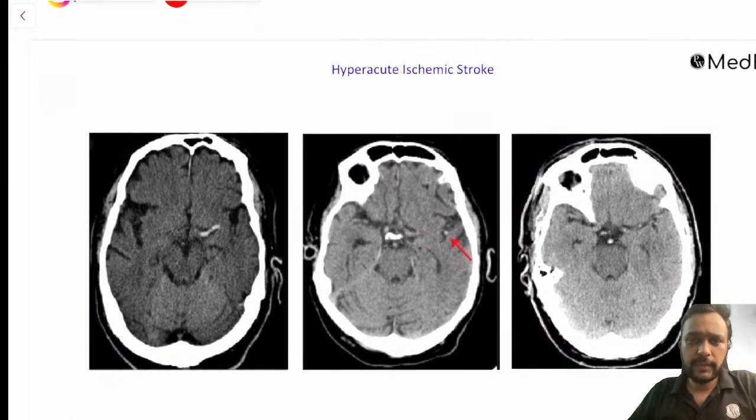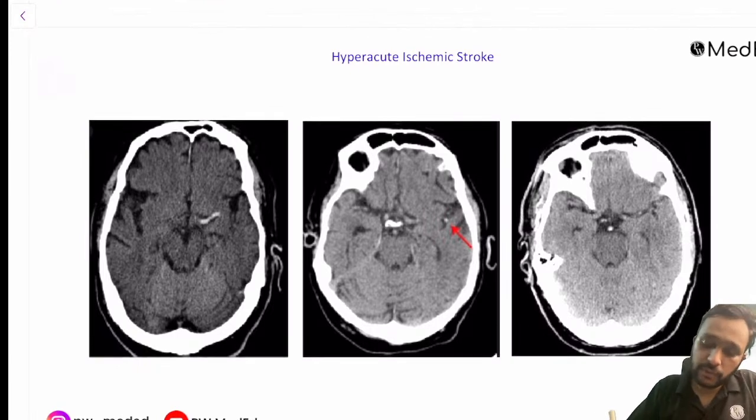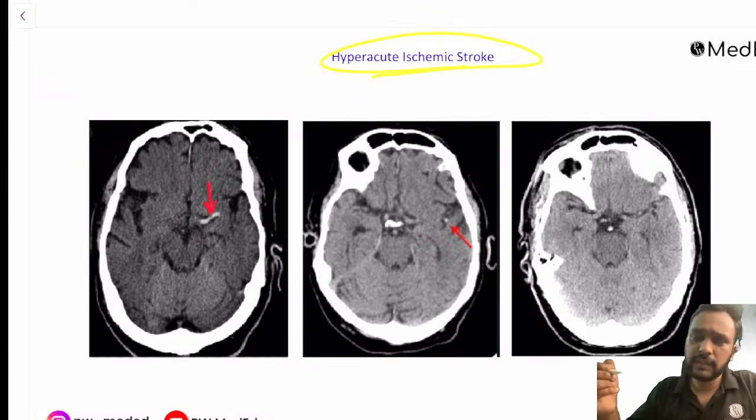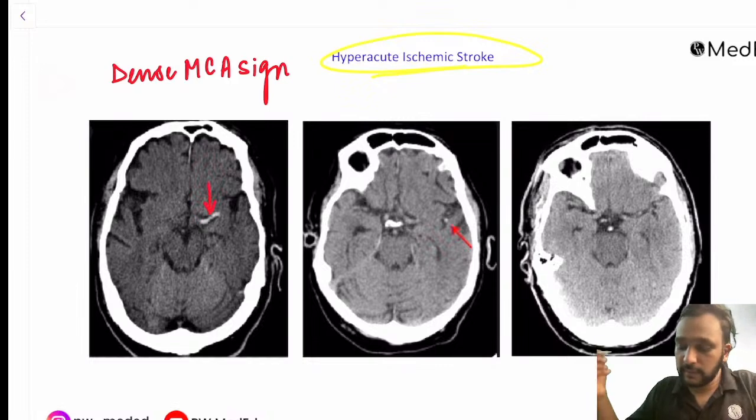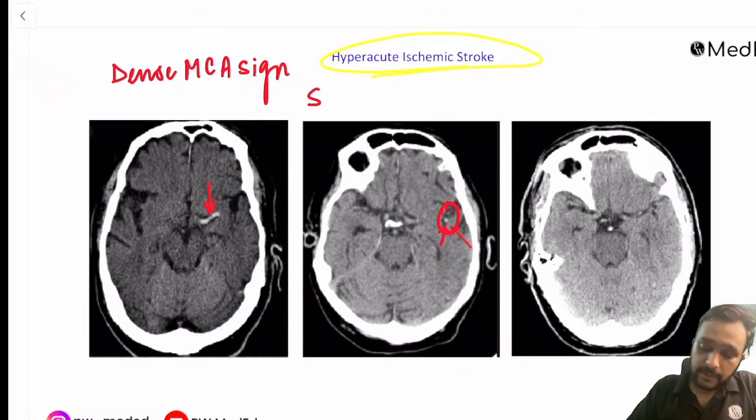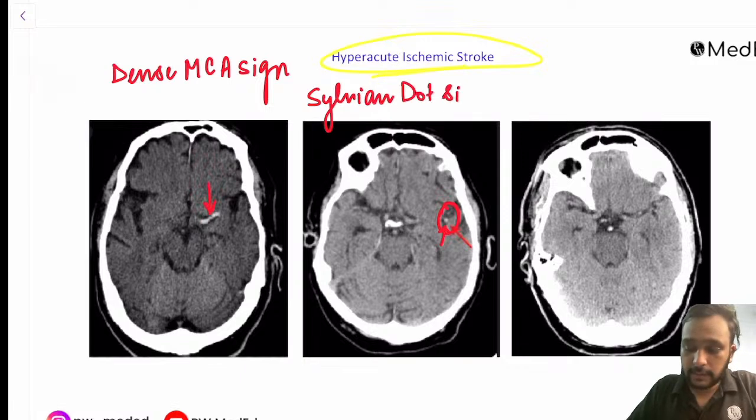right? So let me tell you few important signs that you should know as far as hyperacute ischemic stroke is concerned on NCCT head. So you can see a thrombus within the middle cerebral artery. So this is your dense MCA sign. You can see a hyperdense thrombus in the sylvian fissure. This is in the M2 segment of the middle cerebral artery. This is known as sylvian dot sign,